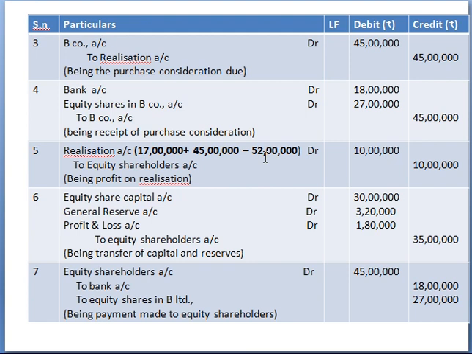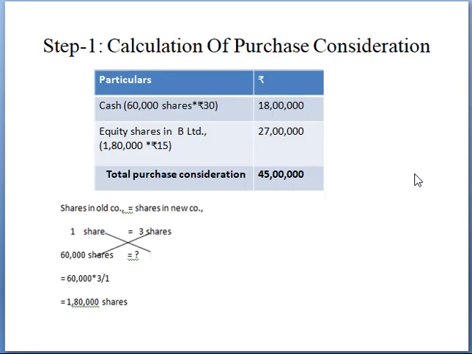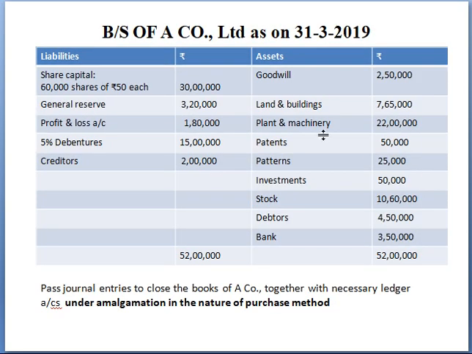So profit is to be distributed to equity shareholders. So the entry is realization account debit to equity shareholders account 10 lakhs. And once the profit is calculated, next is to transfer your share capital, that is equity share capital and reserves and surplus, to the equity shareholders. Now, what are the amounts to be shared? See the question. Apart from the outsiders' liability, all the rest of the amount will be distributed to equity shareholders, right? See, equity capital, general reserve and profit and loss account.